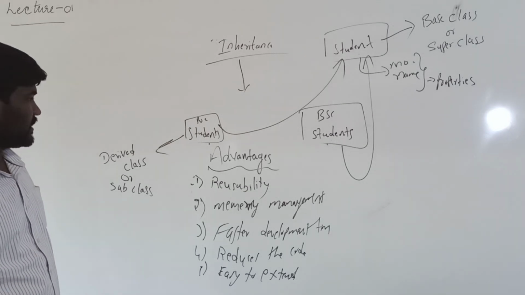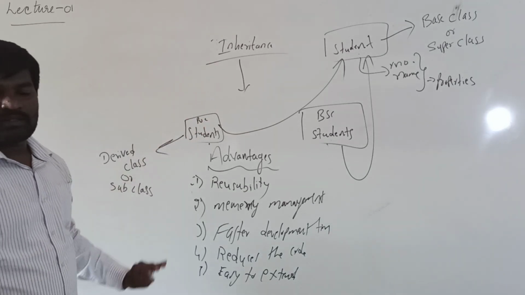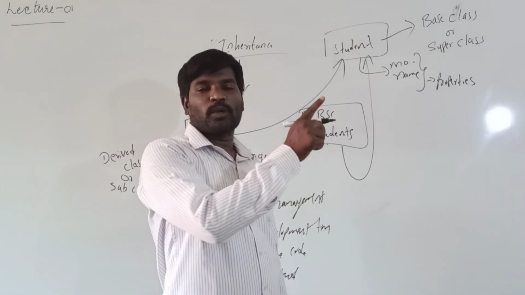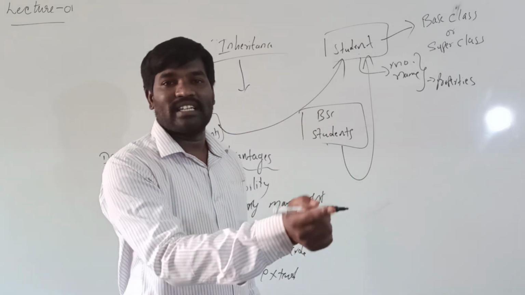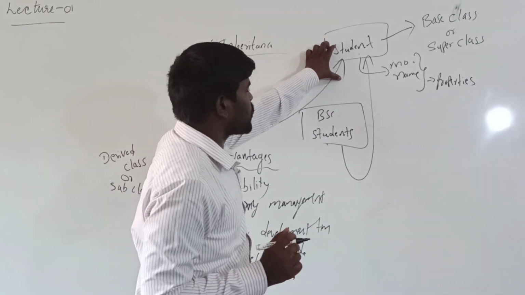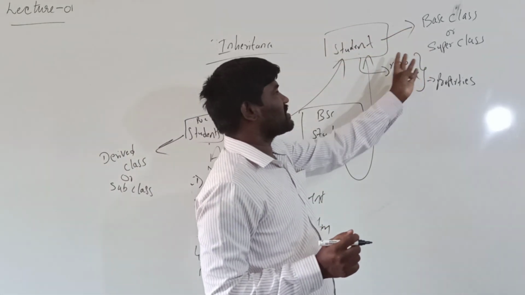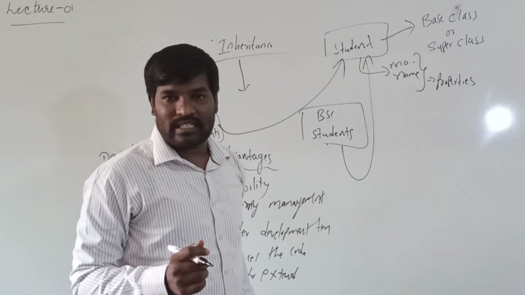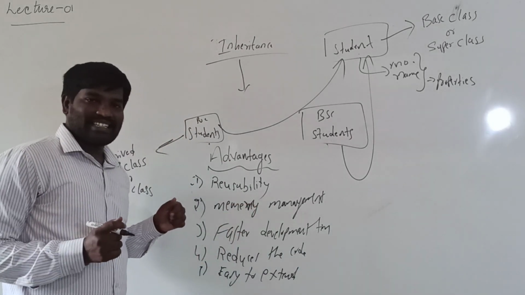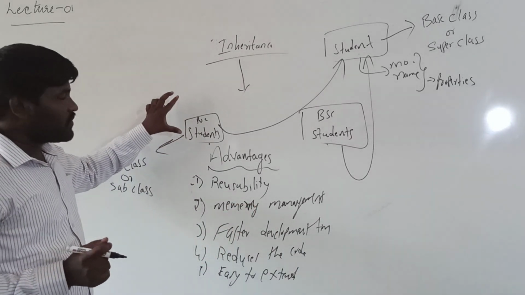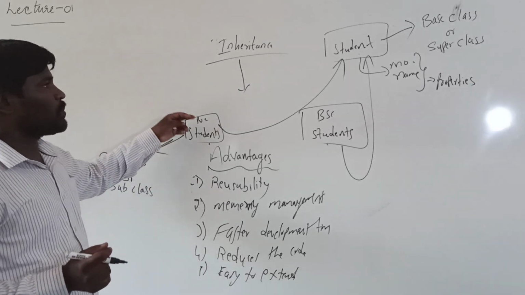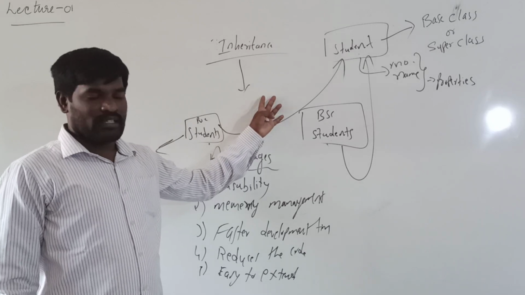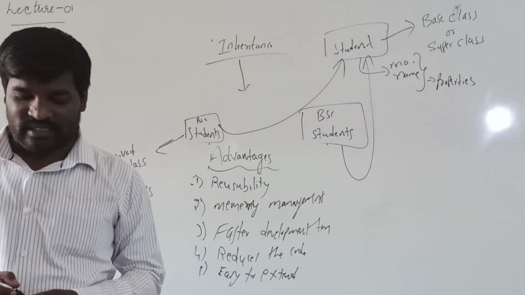Base class or super class means the class whose properties are inherited to the other class. So whatever properties are mentioned in the base class or super class, these properties are inherited to another class. Then what is the derived class? The class which acquires the properties from the other class. So this is inheritance and its advantages.